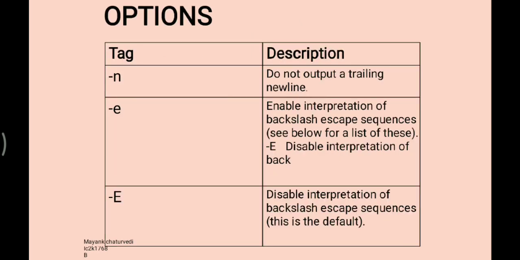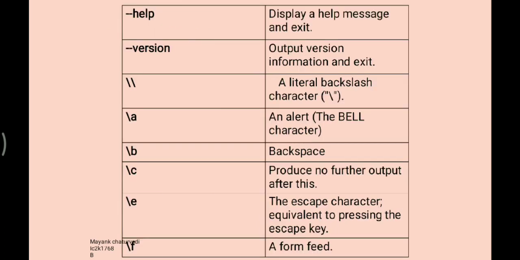Some of the options included in the echo command are: -n, which means do not output a trailing newline; -e, which says enable interpretation of backslash escape sequences; capital -E, which says disable interpretation of backslash escape sequences; --help, which says display a help message and exit; --version, which says output version information and exit; double backslash, which is a literal backslash character; backslash a, which is an alert, the bell character; backslash b, which is backspace; backslash c, which says produce no further output; backslash e, which is the escape character,